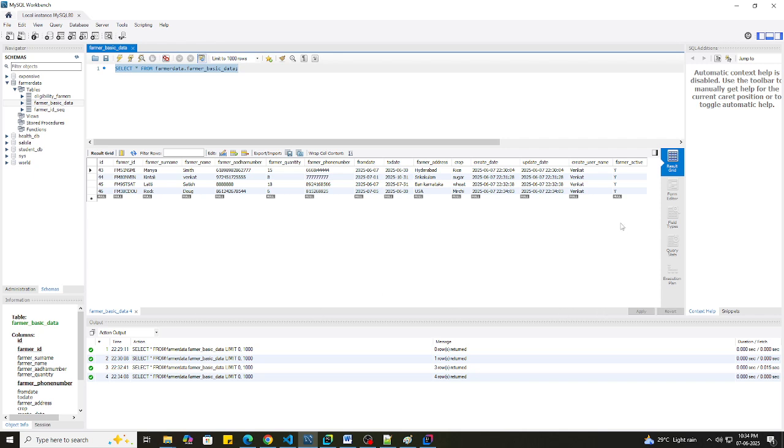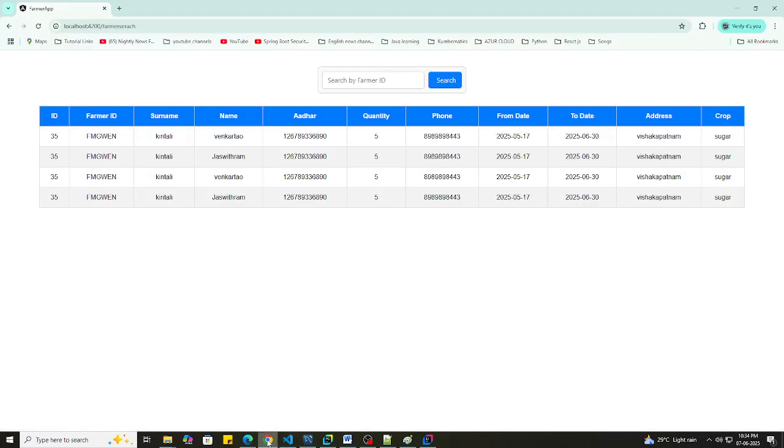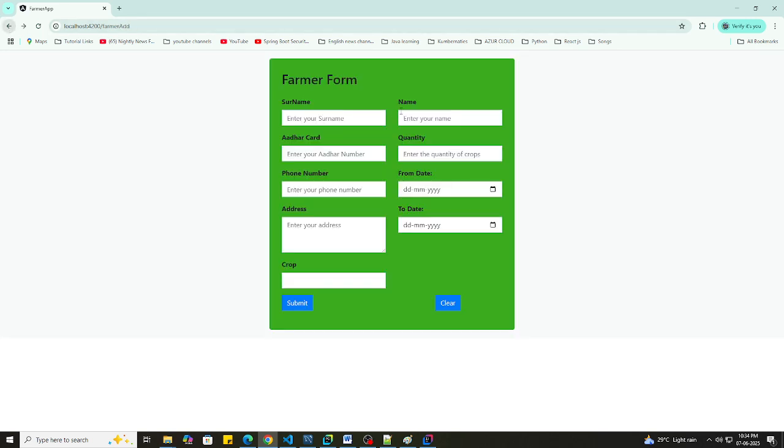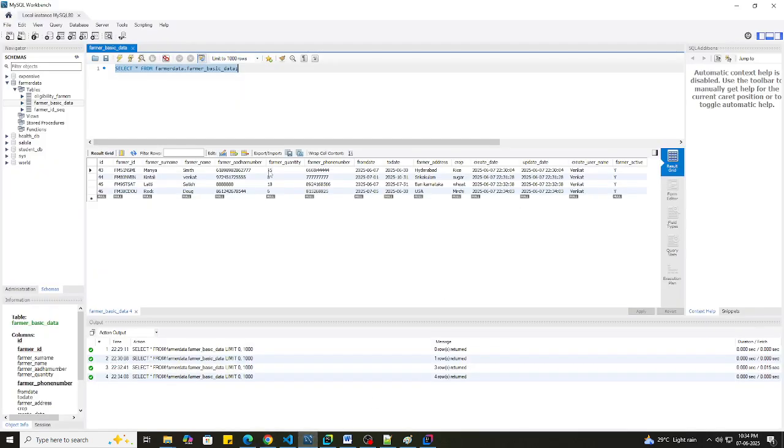Now let me understand these columns which we added. See, this is the created date. Did we enter a created date anywhere? No, right? I have not entered the created record. This is the from date and to date. Between these dates, we are growing the graph. That is these dates. But when we are entering the record, this is the created date,